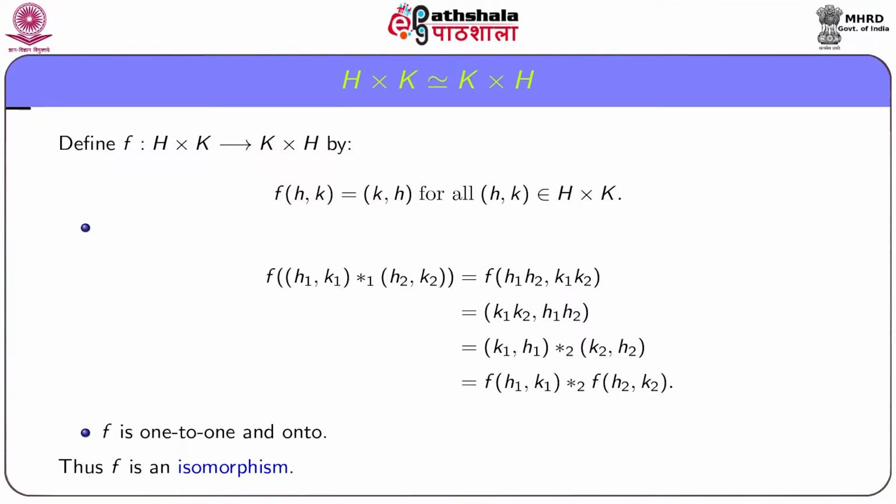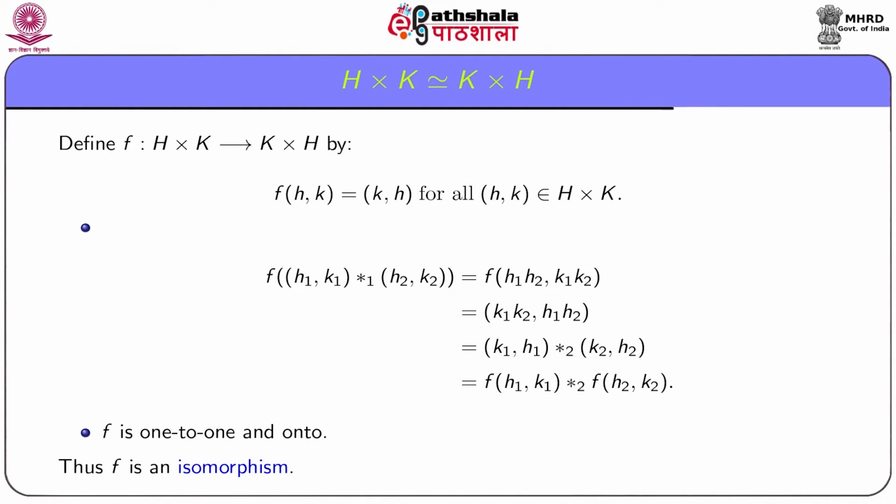In the subsequent slides, we will characterize commutativity of the Cartesian product. Also, we characterize the cyclic Cartesian products, that is, when is the product of cyclic groups cyclic? First, we prove that